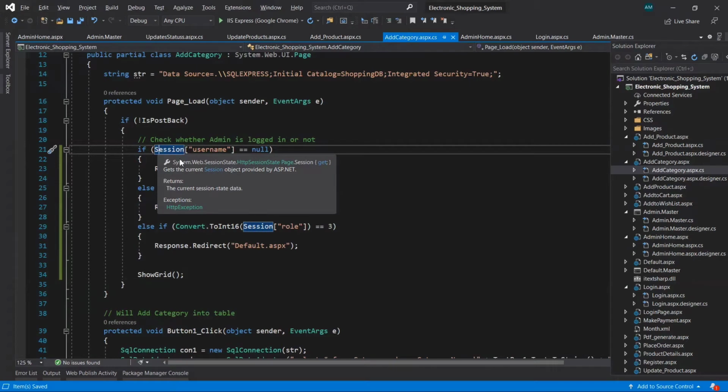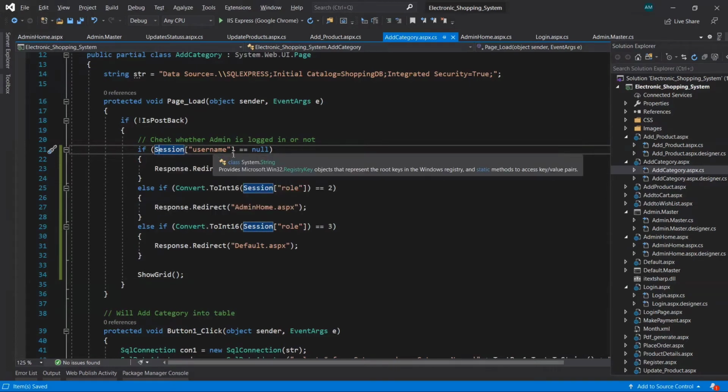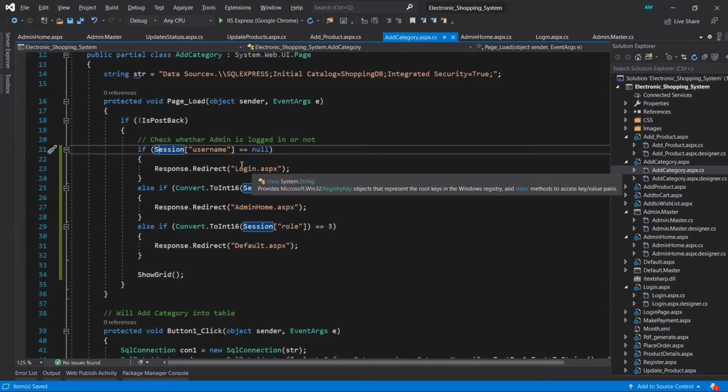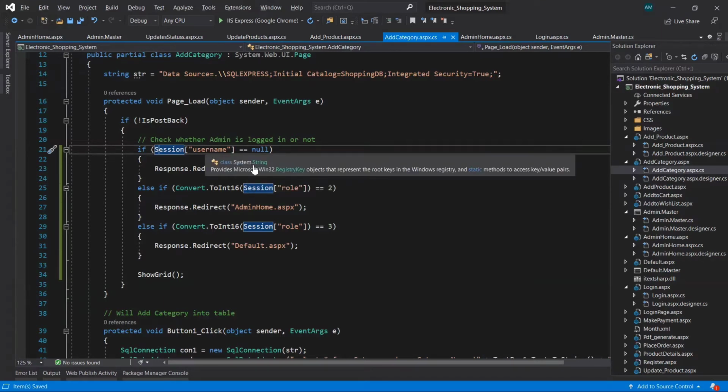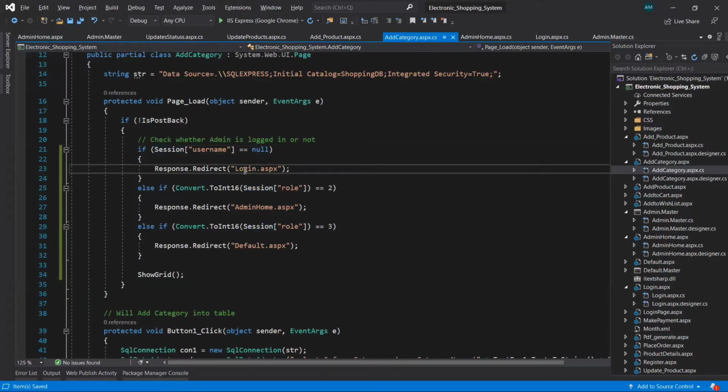First of all, it will check if the session of username is equal to null, then it will redirect the user, the vendors and the admin, both of them. For both it will check this condition. If it is null, then it will redirect them to the login page.